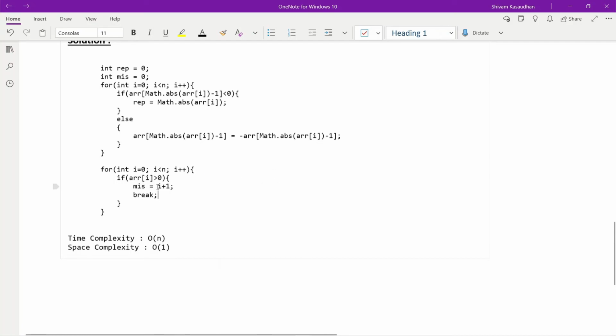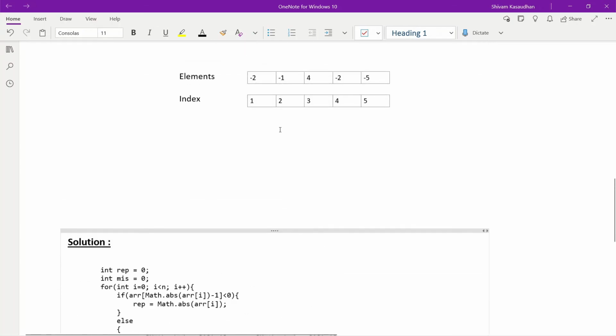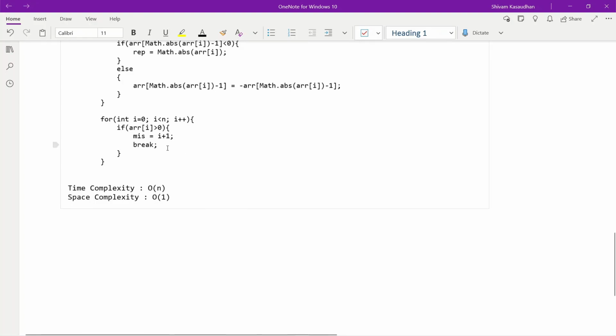But index I should return I. Why have I written I plus 1? Because array indexing, you already know, is done from 0, that's why here it is written 1 2 3, but in the original array it should be 0 1 2, but our answer is 3, so I have written I plus 1, that is 3. So whenever we get our missing number, at that time I will break this for loop.